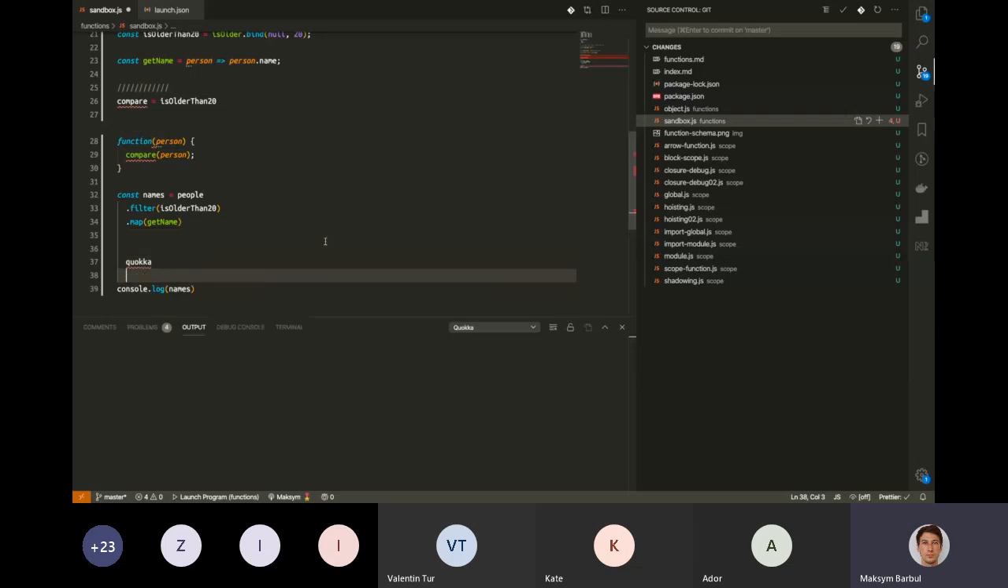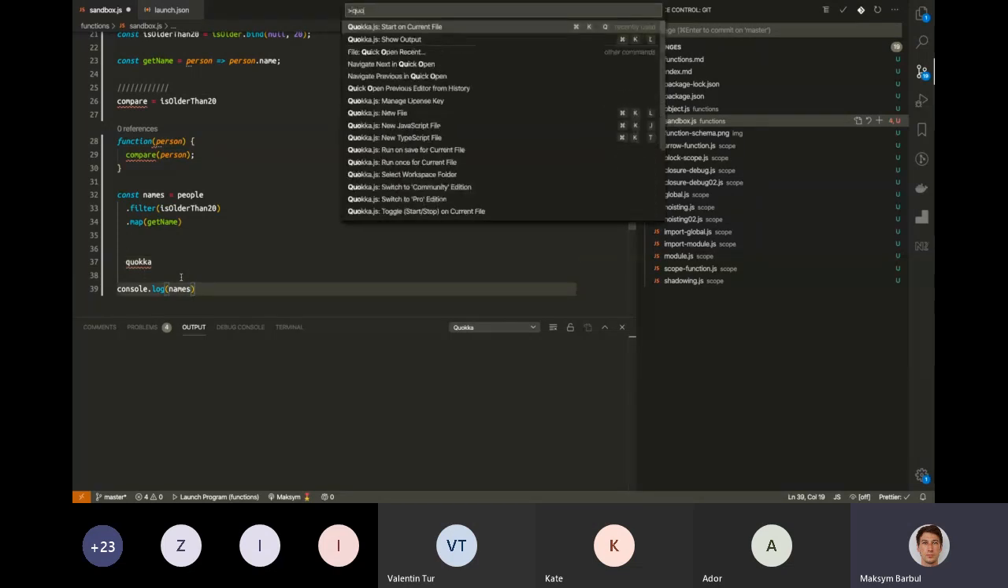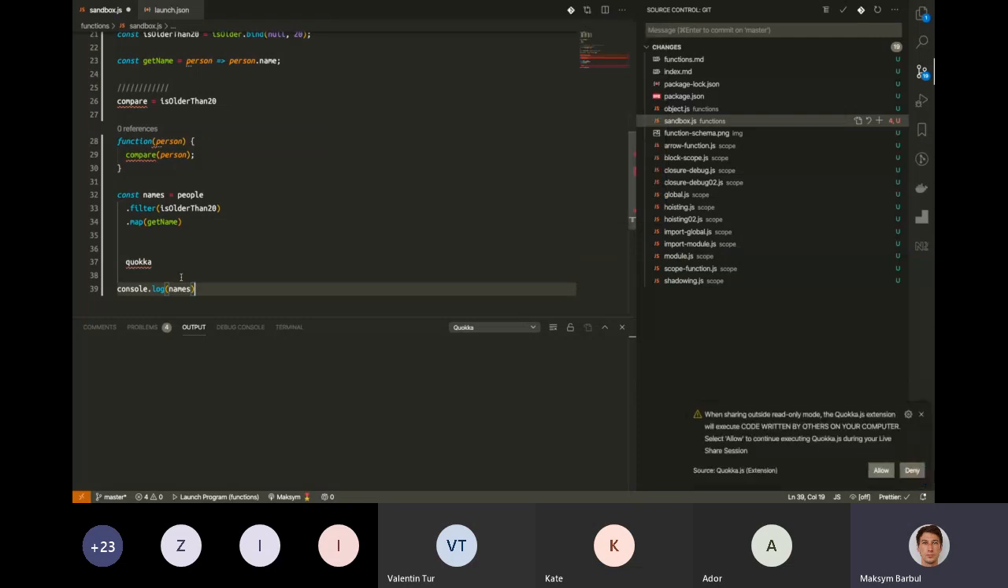Quokka. This is the extension that allows you to do some code validation here. So I should run Quokka. It's very nice, but in the free version,